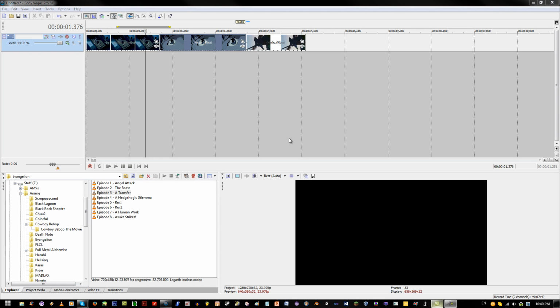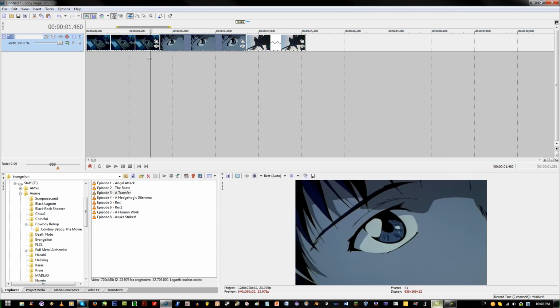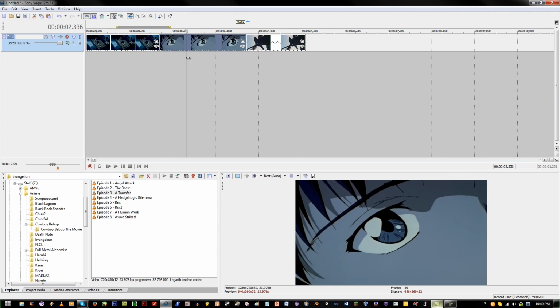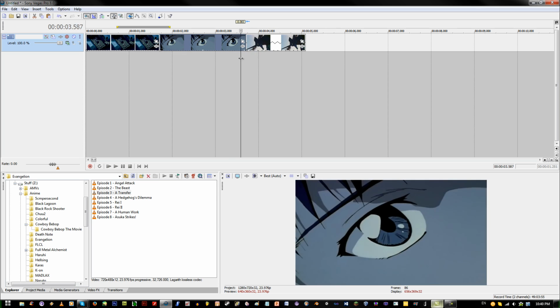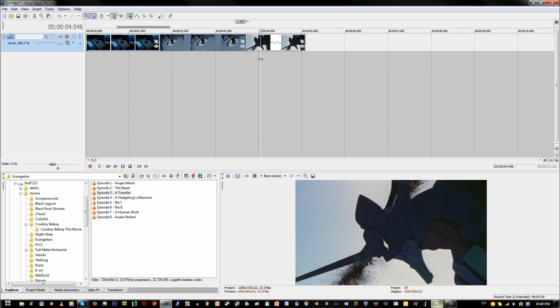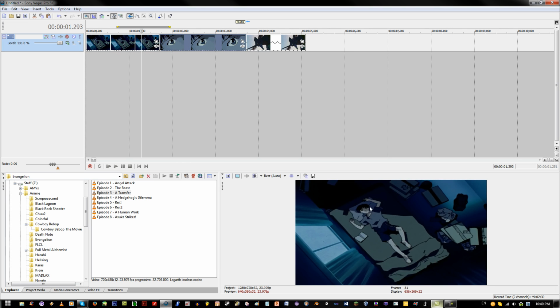Alright, so this is going to be a tutorial on basic pan and crop. I'm going to just do some zooms, and these two clips here I'm going to transition between, and it will not be like a fade, it's going to be like a panning transition. So a couple things you might notice with these two: we're going to be zooming from this clip right into